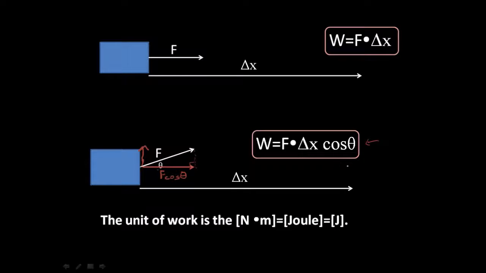So the unit of work then is going to be: force is in newtons, displacement is in meters in the SI system, and the cosine of an angle doesn't have a unit. So the unit of work is the Newton meter. That is given the name Joule in honor of the scientist James Joule, who studied work many, many years ago, back in the 19th century. That's the SI unit. If we were working in the English system of units, the unit of displacement would be the foot, and the unit of force would be the pound. And so the unit of work would be the pound foot. Typically, we don't use that very much here in physics land.